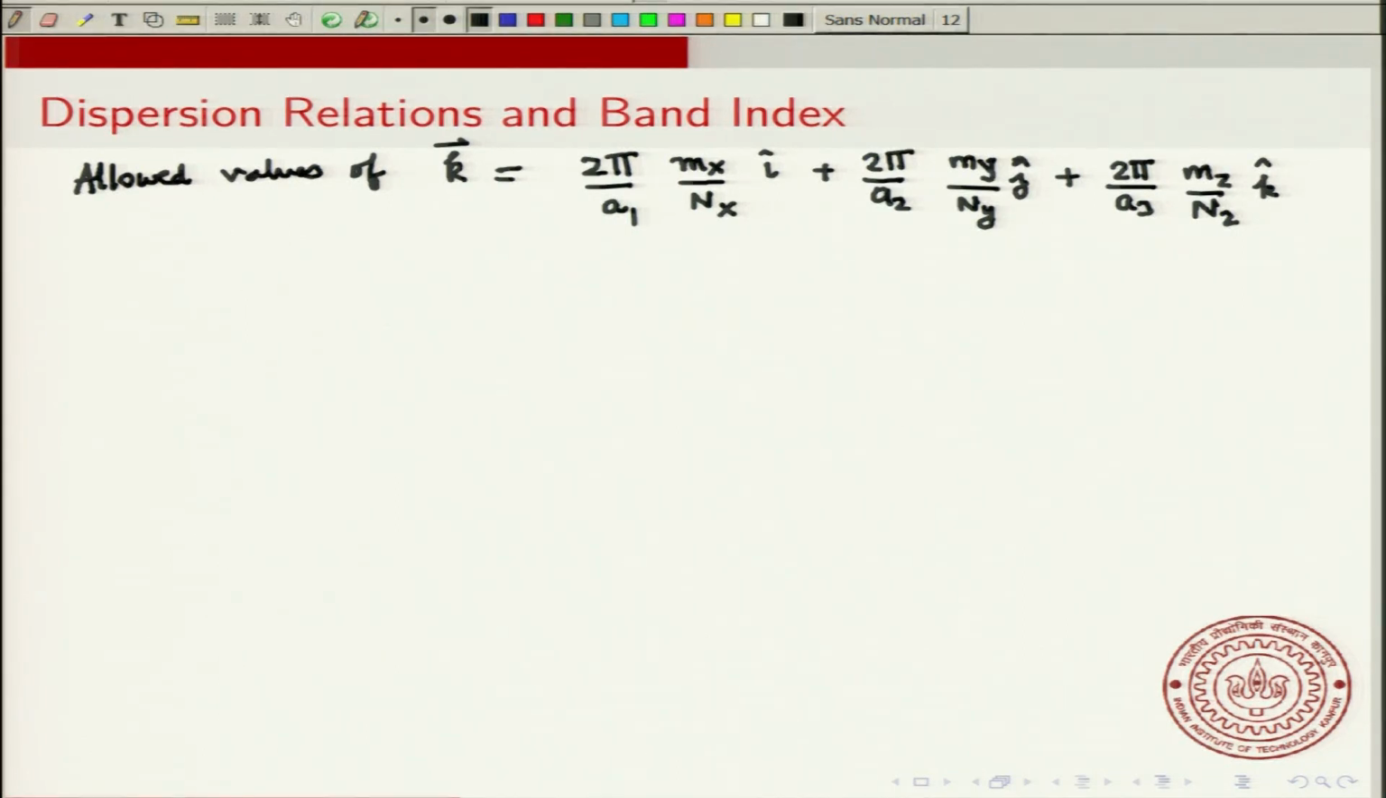So these are the allowed values of k, and these are fairly closely spaced because mx can go from 0 to infinity. Nx is likely to be a very large number. Okay, so these are going to be fairly closely spaced. Okay, the next thing is that if you just look at your Bloch equation,